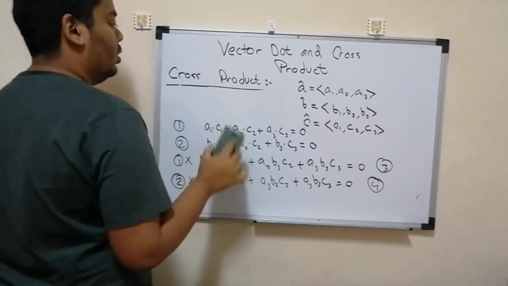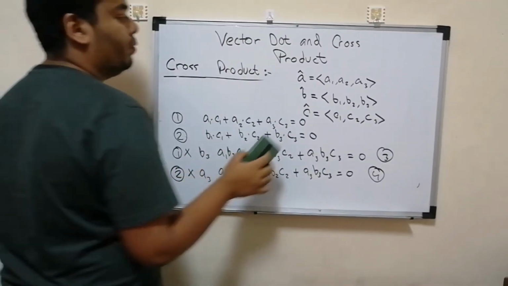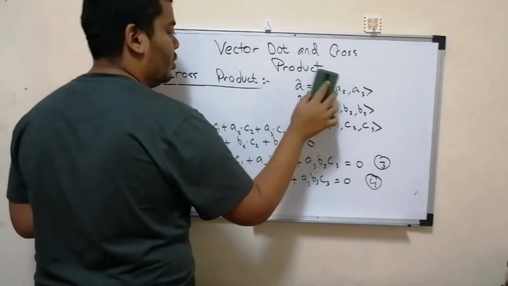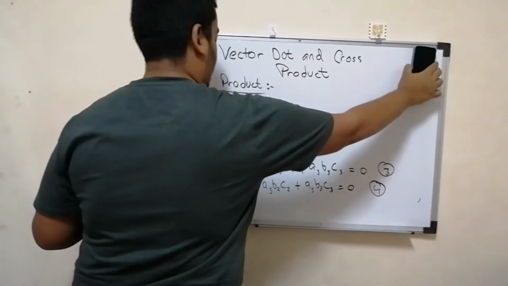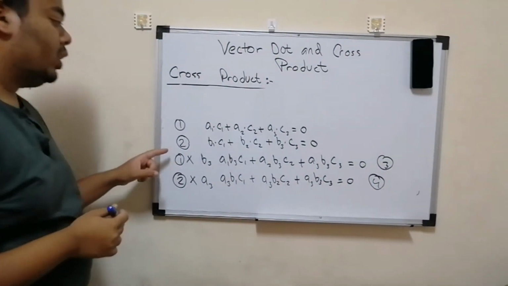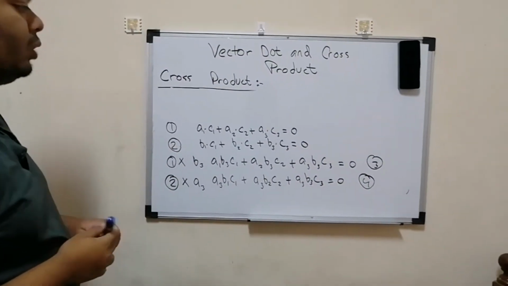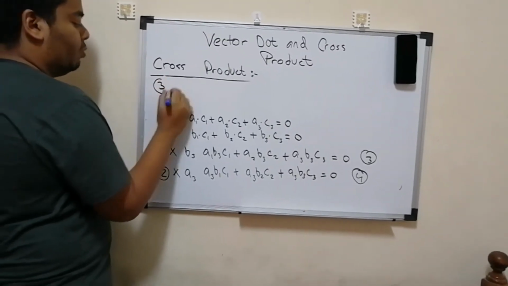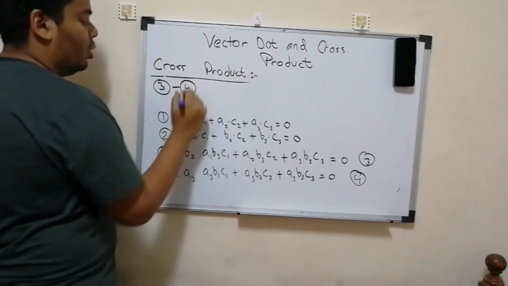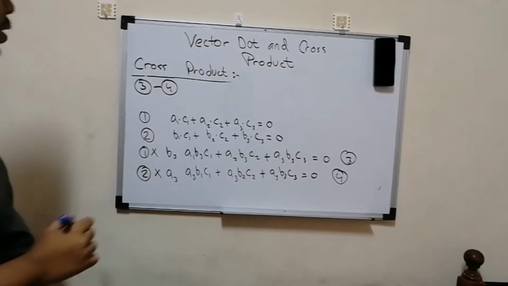Okay, I'll remove this part. I'll remove these parts also. So now equation 3 minus equation 4, let's write this. Let's subtract equation 4 from equation 3, which will give us